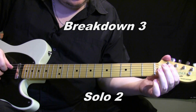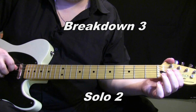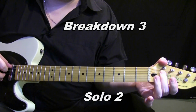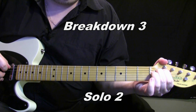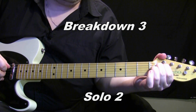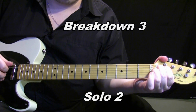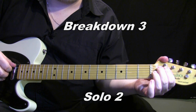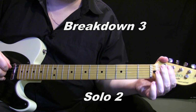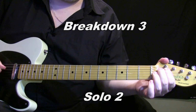But now all I'm doing is hitting the open D string, your 4th string, and now I'm going to hit the 5th string and bend on the 5th string behind the nut. And I'm not pushing really far down. I'm just pushing a little bit, but I'm hitting it, bending it down, letting it come back up. Or you could give it sort of like vibrato,